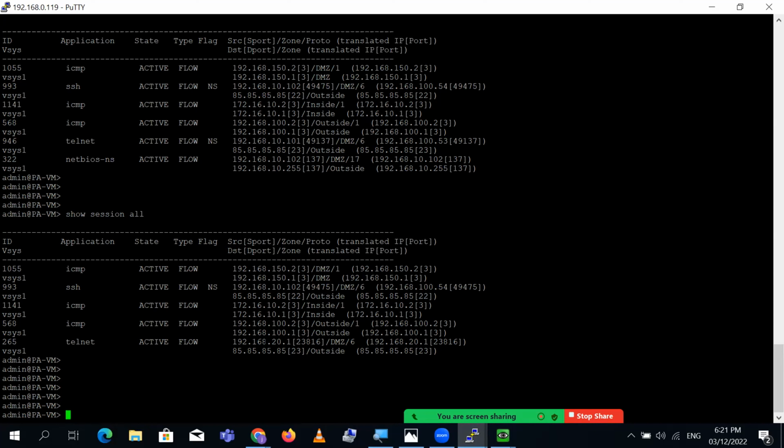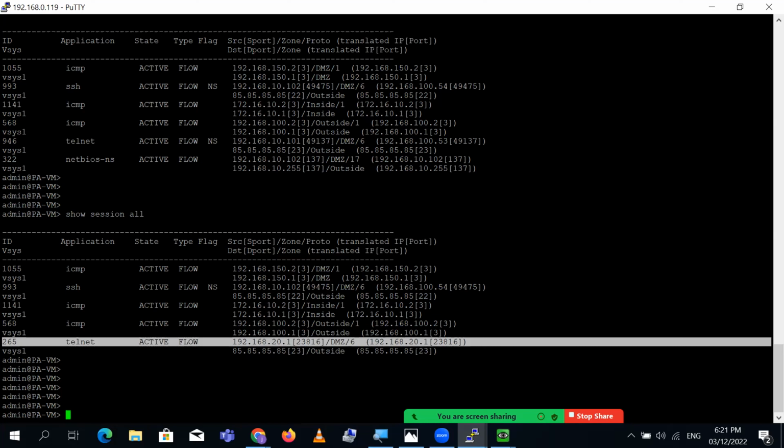And if you see over here, 192.168.20.1, the ports are the same and the IP is also the same. So here what happened, my IPs are going transparently and my external world can see my actual IP and they can reach me back and they can make trouble for me. So this is the major difference between netted source and static address translation. Okay guys,